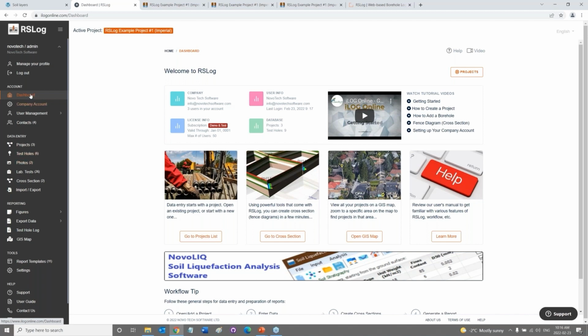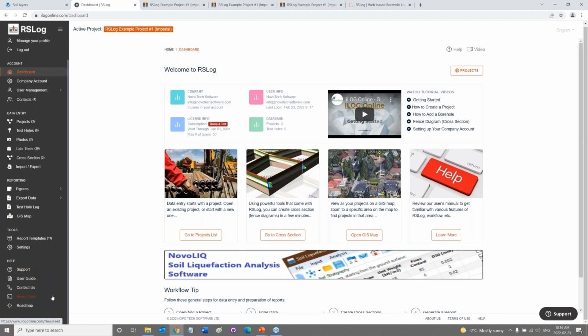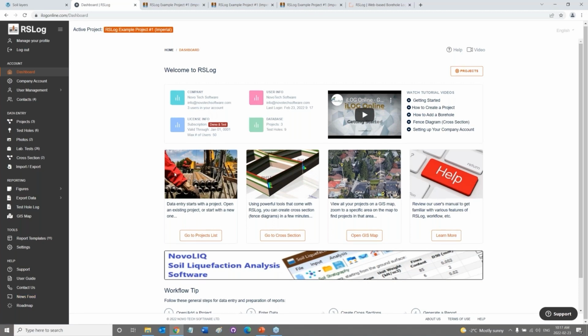On the left, as you see, we have 5 different sections that provide you access to different pages, different features on RSLog. Under account, you can access your own company information. Then we have data entry, where you enter the project and test hole data. Then we have reporting, including test hole logs. And we have some tools for report templates. And obviously, help, if you need our support. Or if you want to open the documentation, like the help file, essentially, for RSLog, giving you some ideas of